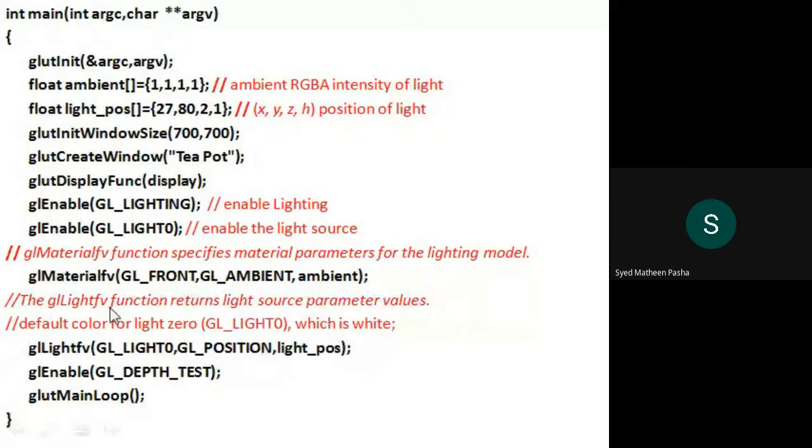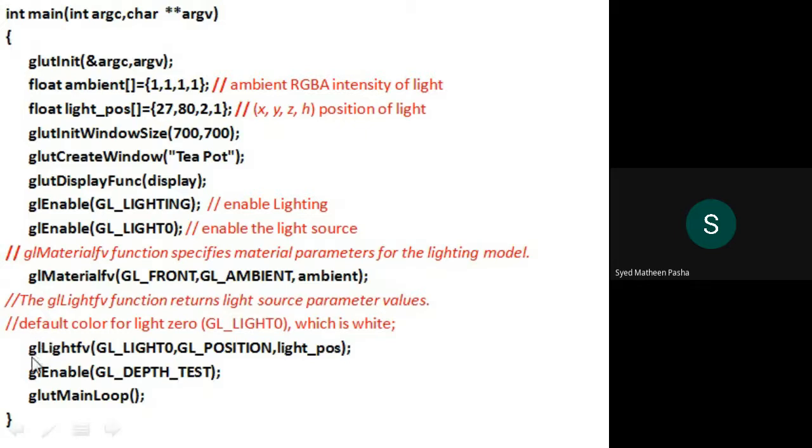Then the GL light FV function basically sets light source parameter values with respect to some color, that is GL light 0, which is actually white color. The light color is white. So I should specify the light color as well.